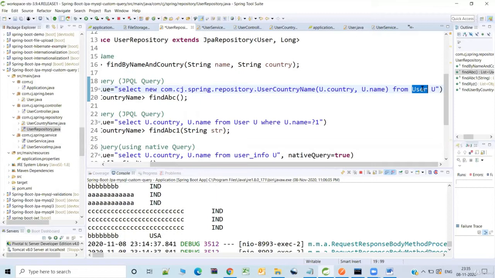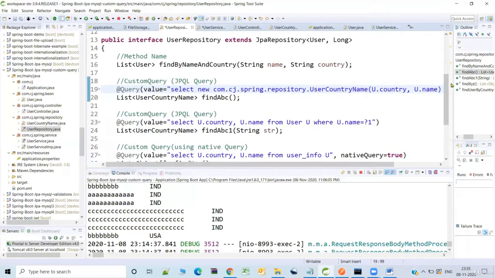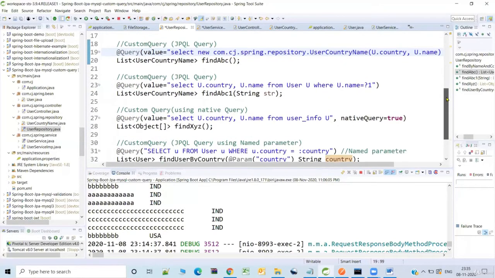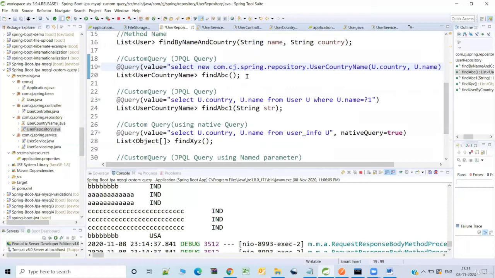As already known, in JPQL we are not interested in referring to the underlying DB table name or the column names. Rather, we will refer to the entity class name and the fields in the entity class. So I think now you have clarity here.